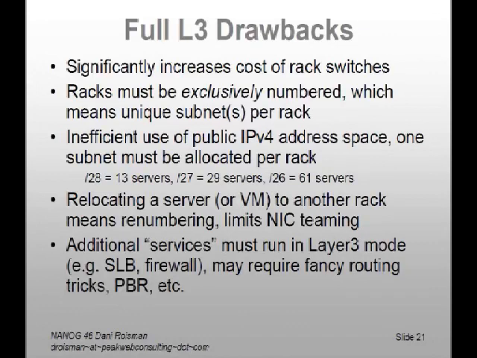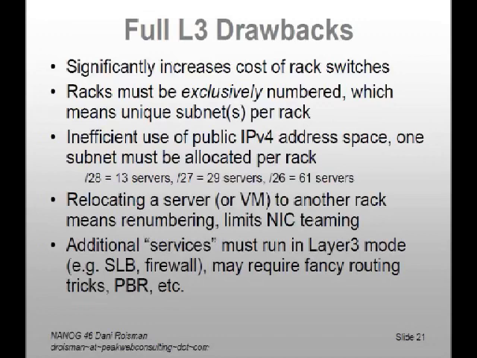The racks have to be exclusively numbered. I mentioned that in the diagram slide. What that means is that this one rack is given this /24, in an RFC 1918 world, and that /24 can't exist in any other rack, which works if you're all running RFC 1918 in your data center, because RFC 1918 is free. The downside of being exclusively numbered is you can end up with inefficient use of IPv4